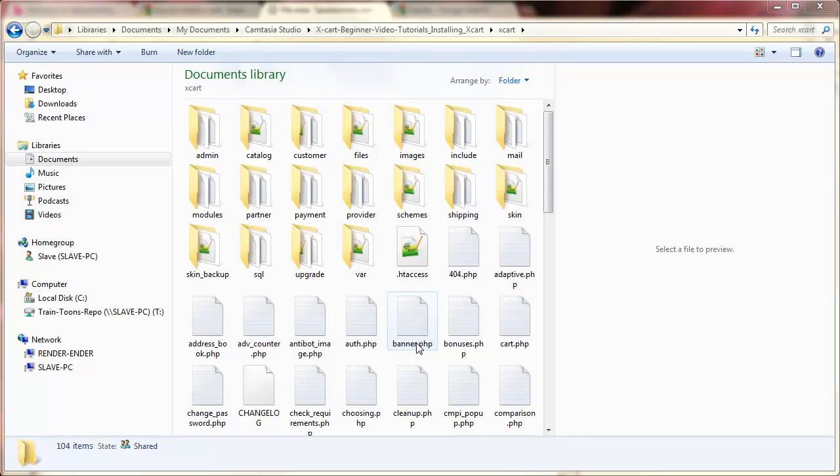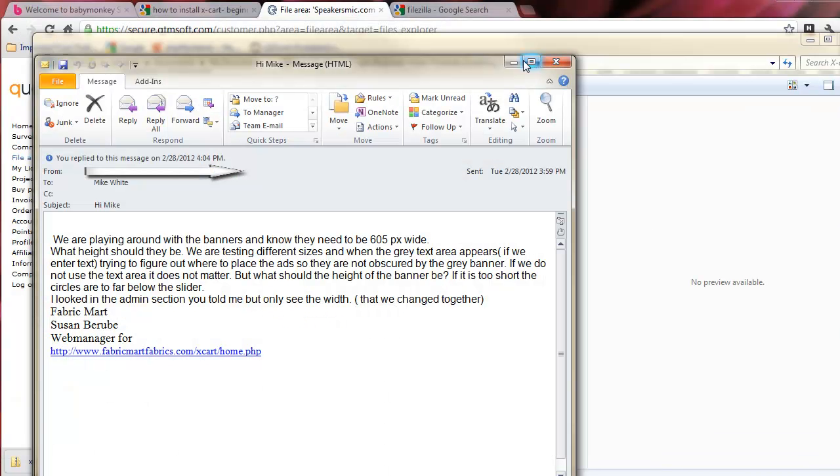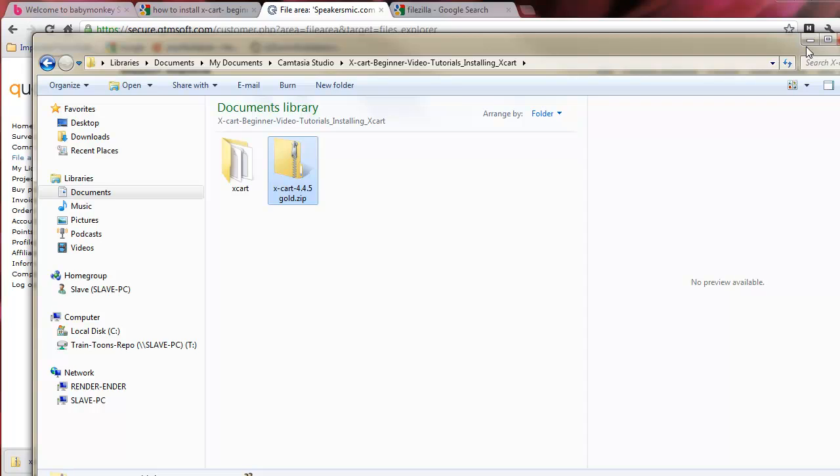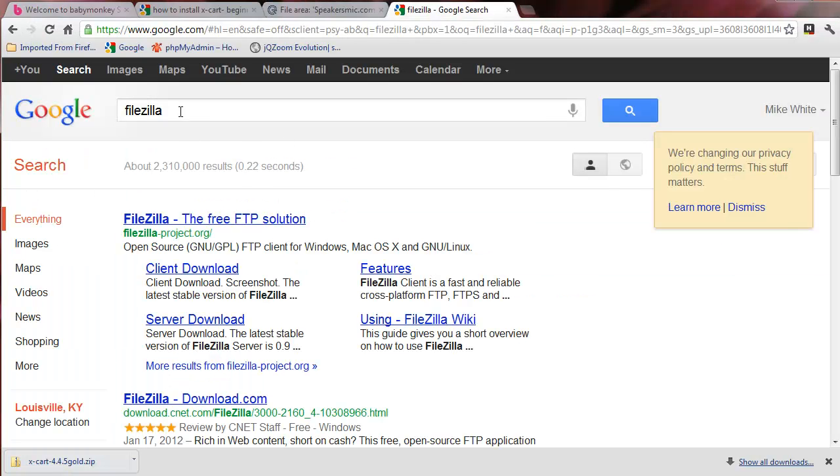Now we simply need to get these folders and files on the server of our website. And so we're going to do that next. The first thing we're going to need to do that is an FTP application. And we're going to go and talk about Filezilla. Now, if you just put Filezilla and hit enter, this is what I get. Filezilla, the free FTP solution, and just make sure you're getting it from